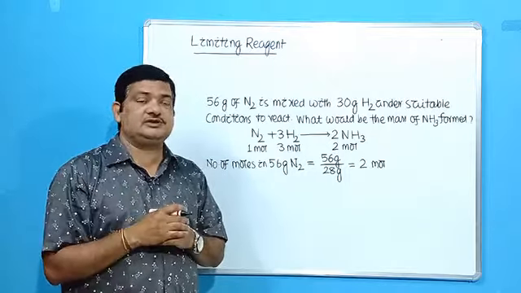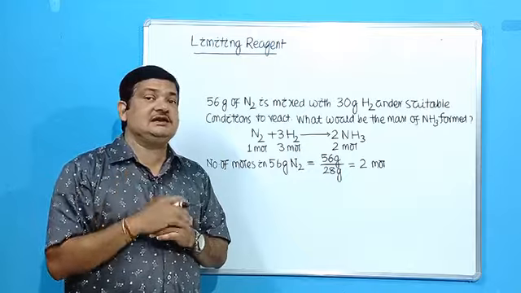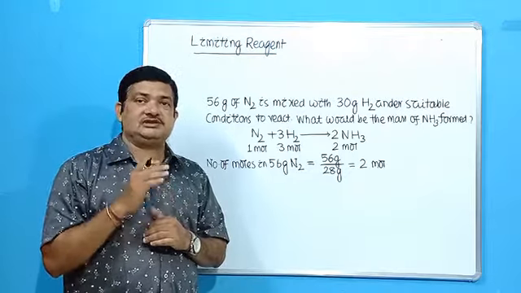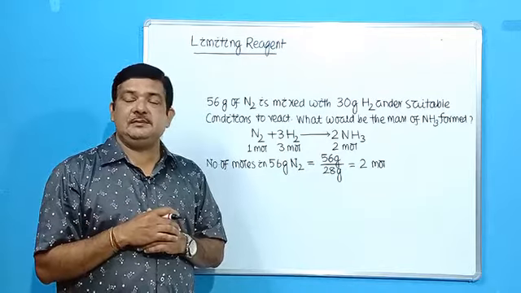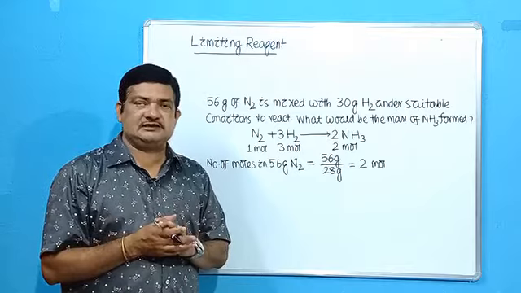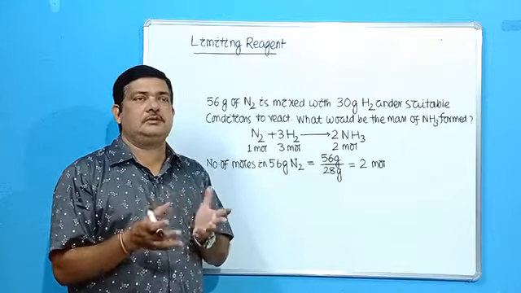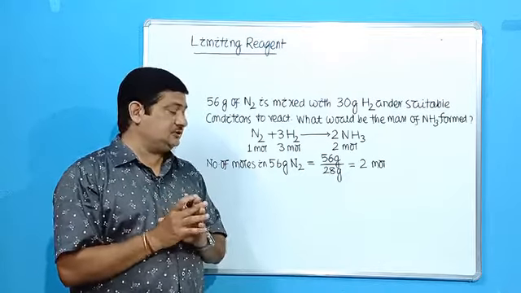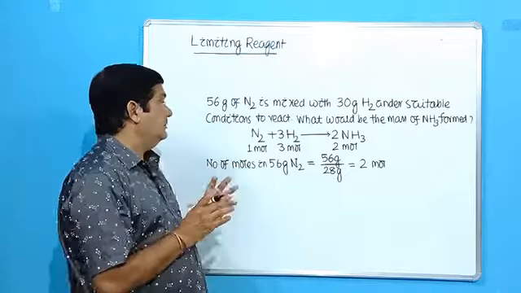Before that it will be stopped. So that reagent which is present in lower quantity and therefore limits or stops the reaction before it is due is known as limiting reagent. I told you in the last class. So in these numericals, what we need to do? Now you have to search for the reagent which is present in lower quantity, lesser quantity. That reagent will be called limiting reagent.